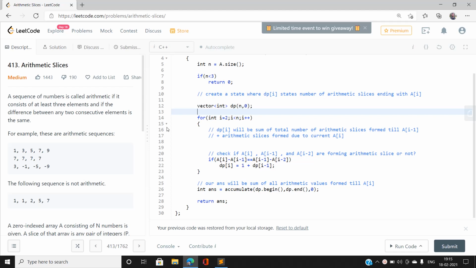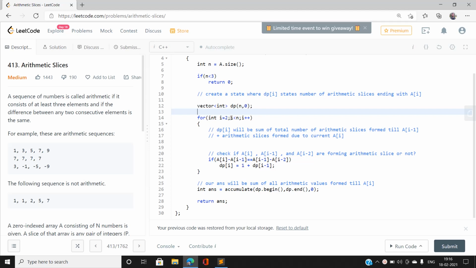Note that 0 and 1 are skipped, and I am going to start with 2 because I have to check the previous two indexes every time. If we don't want our code to give a runtime error, it will be better to start with 2.